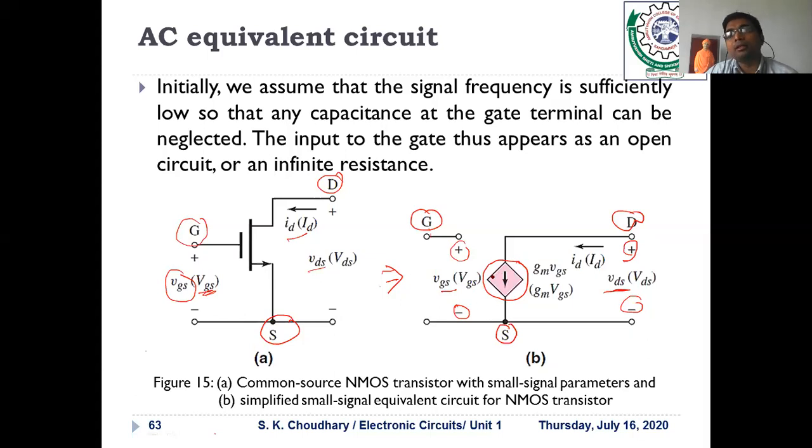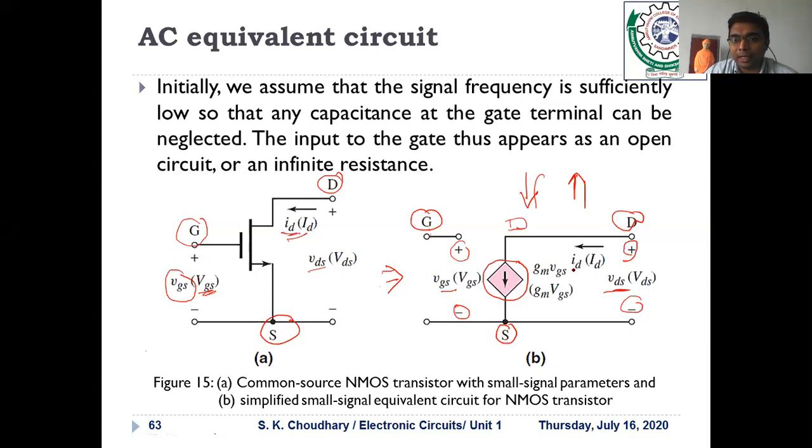As we know, the MOSFET is a voltage controlled device. For the arrow indication on this current source, if the arrow is like this in the circuit diagram, it means the current is flowing from top to bottom. If the arrow is inverted, the current is flowing from bottom to top. Here the current is flowing from the top, the drain terminal, to the bottom, the source terminal. So from drain to source a current flows, which is called ID.